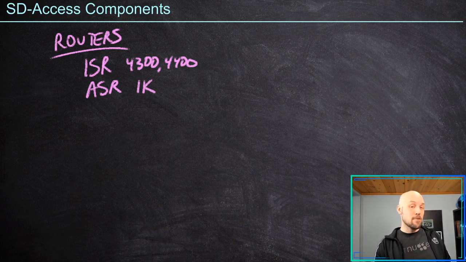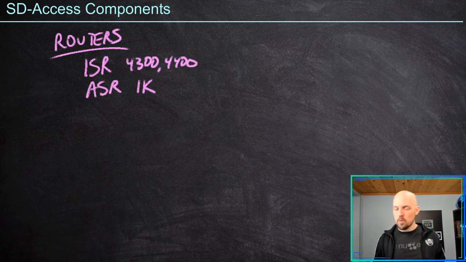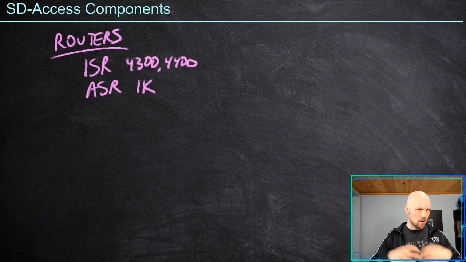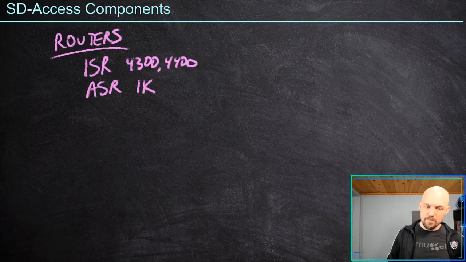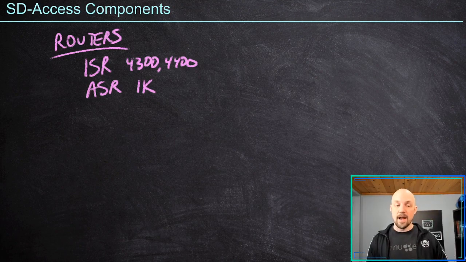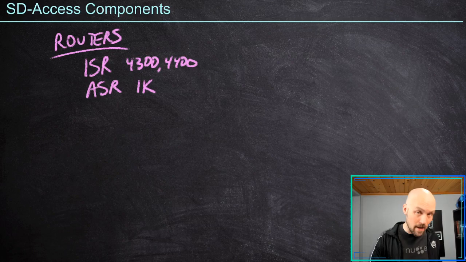There is a 9K version of the ASR. It's interesting because even though Cisco calls them ASR 1Ks and 9Ks, they're very different platforms. They probably should not have shared a family name. I think Cisco's just trying to simplify their portfolio. The ASR 1Ks, like the 9Ks, were more focused on performance, but they run completely different operating systems. The ASR 1K runs IOS XE, like we talked about, and the ASR 9Ks run IOS XR, which is a service